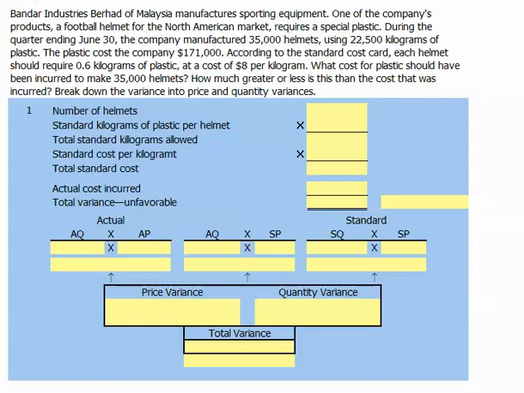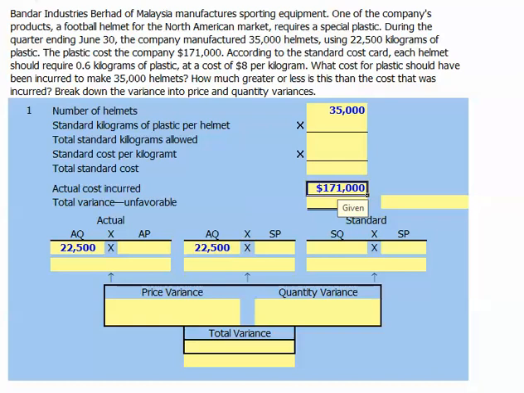Bandar Industries Berhad of Malaysia manufactures sporting equipment. One of the company's products, a football helmet for the North America market, requires a special plastic. During the quarter ending June 30th, the company manufactured 35,000 helmets using 22,500 kilograms of plastic. The plastic cost the company